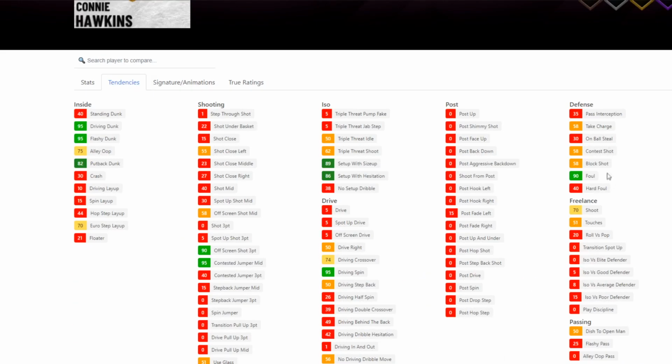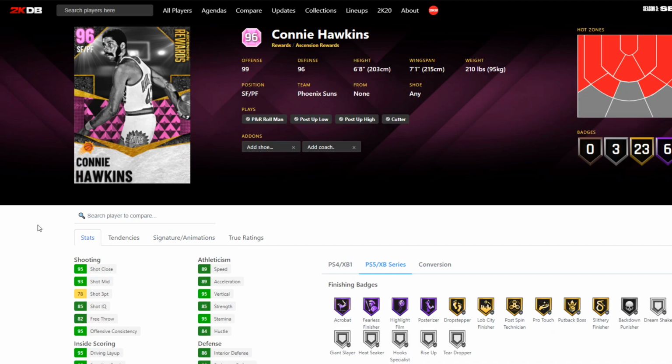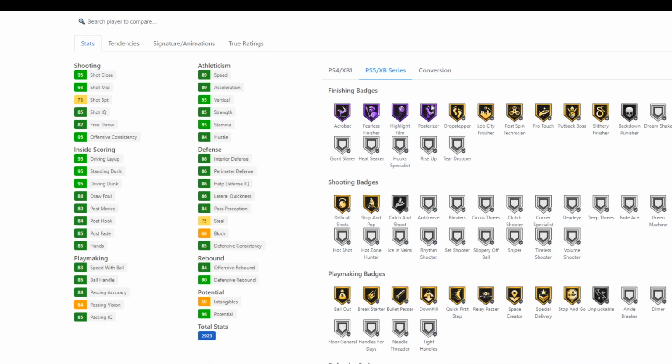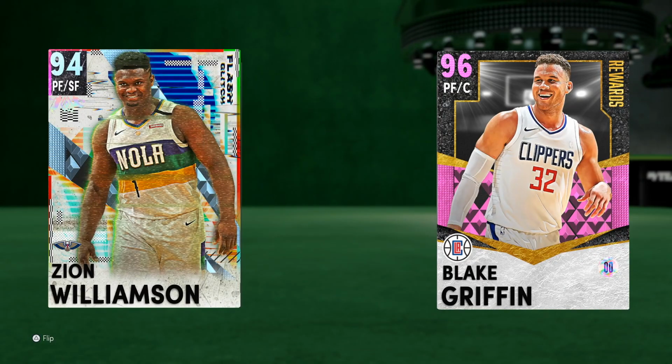A little bit tough on the tendencies, as you can see, with a 90 foul, but with jump shot 4, it is absolutely beautiful. And with a guy of his size that can move as quick as he can, with as long of a wingspan as he has, he is a hard man to stop going into the paint, and in general. Coming in at the number 2 spot is Pink Diamond